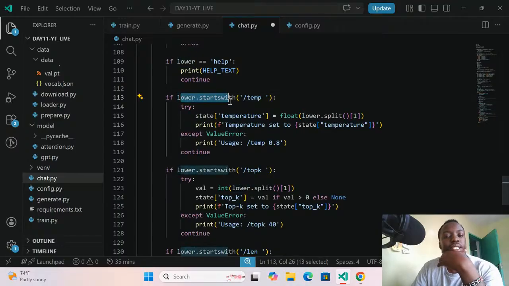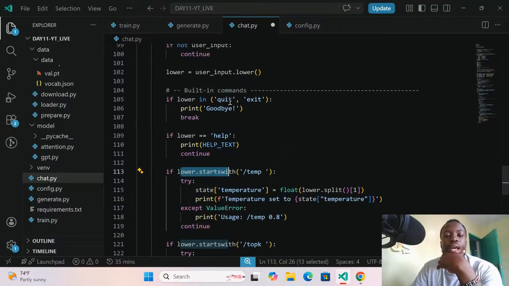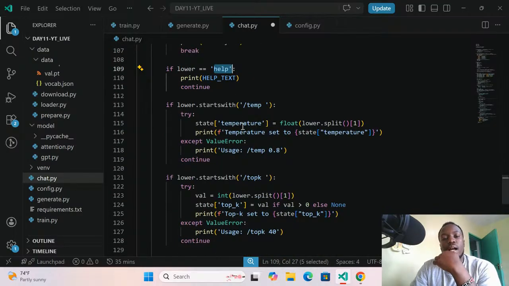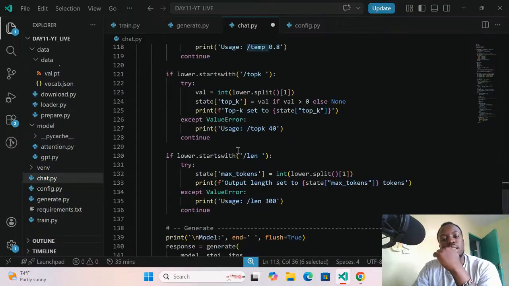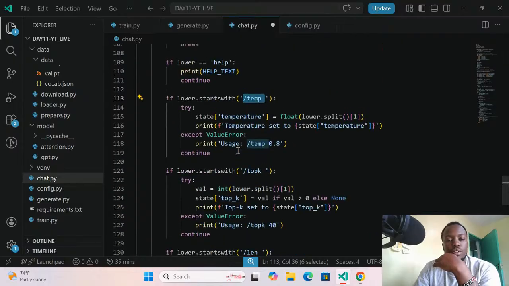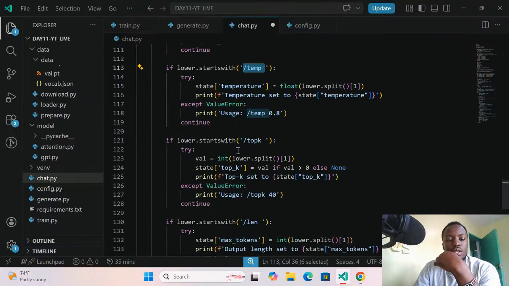Basically the rest are just helpers. For example, if I want help from the model, I can just type the word help, and then I get some hard-coded kind of functions. You can print out the temperature. Yeah, these were unnecessary for now. We don't need to pay more attention to these